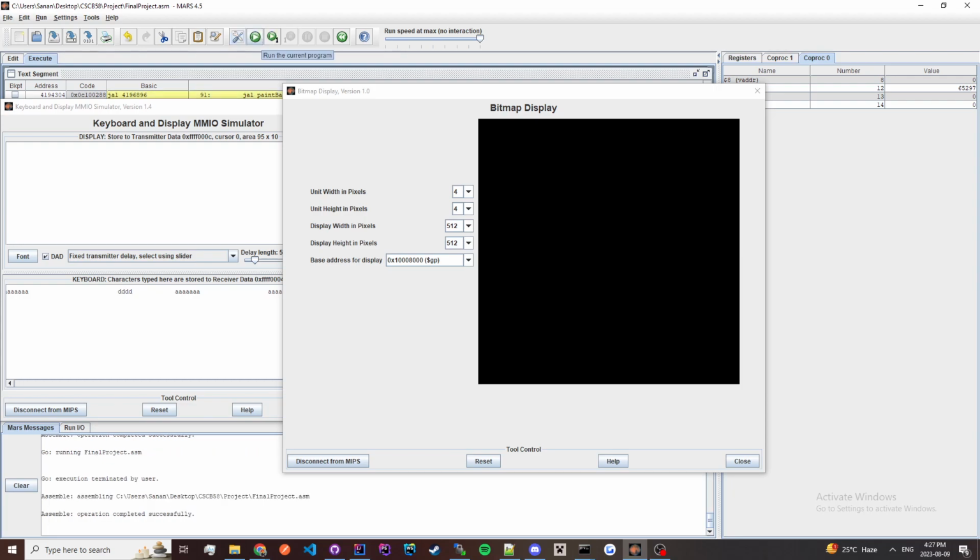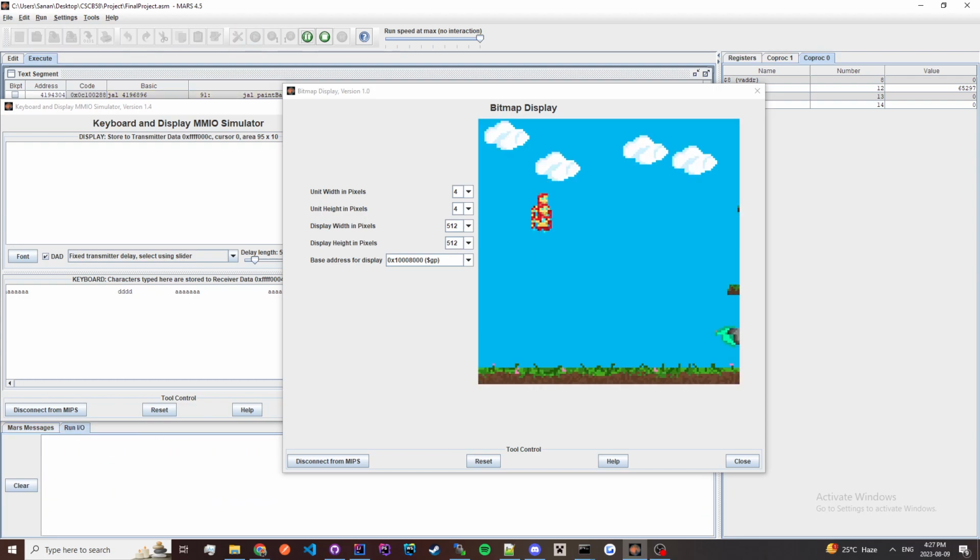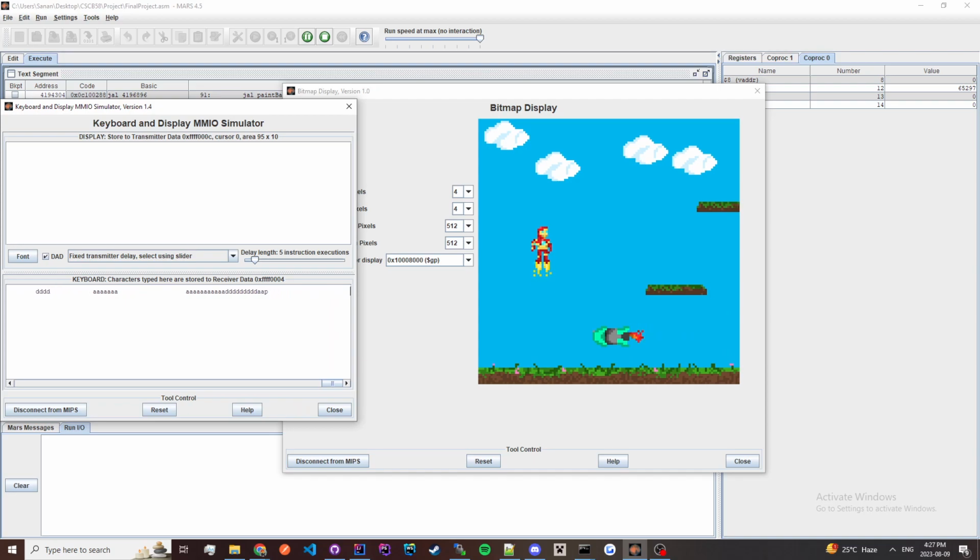So first I'm going to show just milestones 1 and 2. You can see that there are platforms that I can stand on, and there's collision to the platforms. There's also collision to the floor, collision to the left, and hopefully I don't die, collision to the right, and finally